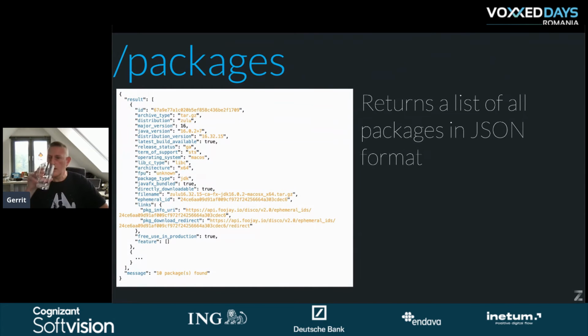The next one, this would be, for example, one of the results you get. If you ask for a package, then you get probably a package ID, the archive type, the distribution, the major version, and so on, all these things. The Java version, which is in Semver style, and